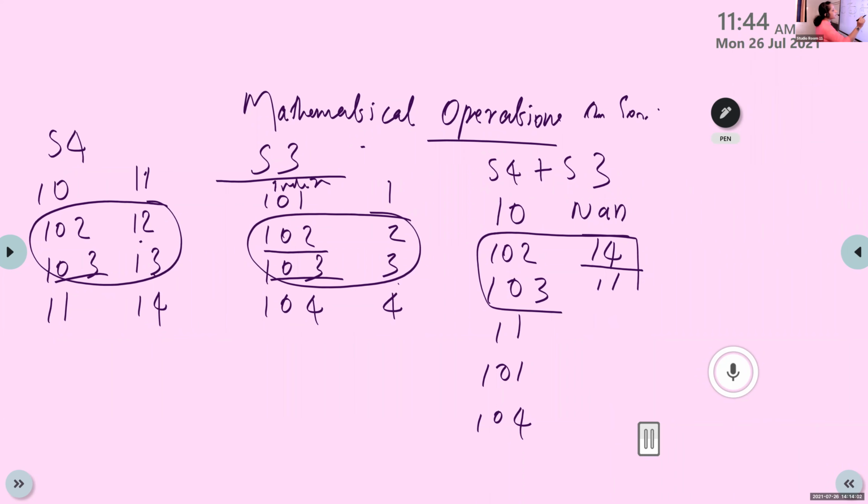For other cases, the result is NaN. Okay. If S4 has some indexes same as S3, then it will perform the operation on those rows which have the same indexes. Otherwise, it will display NaN values like this. Okay.